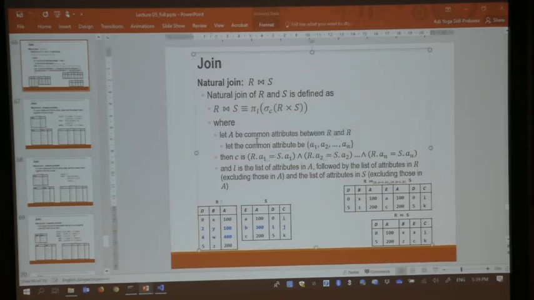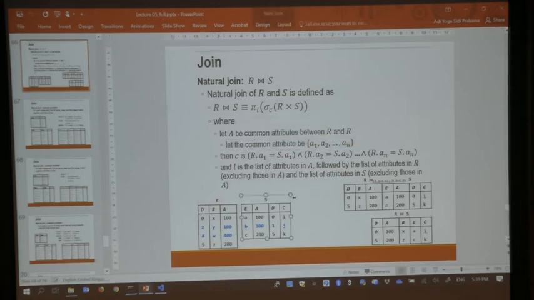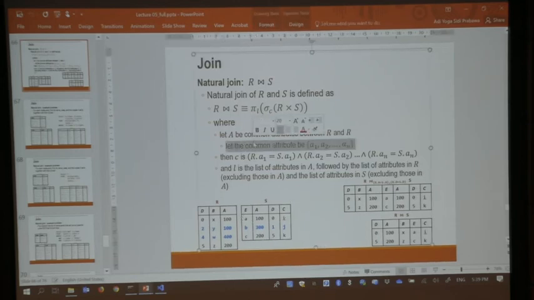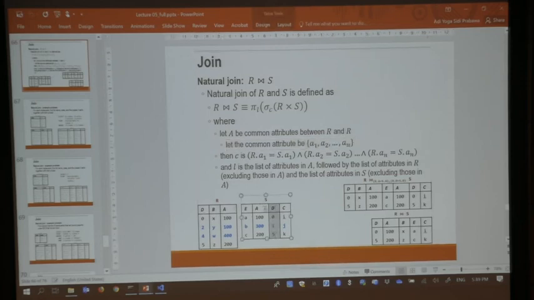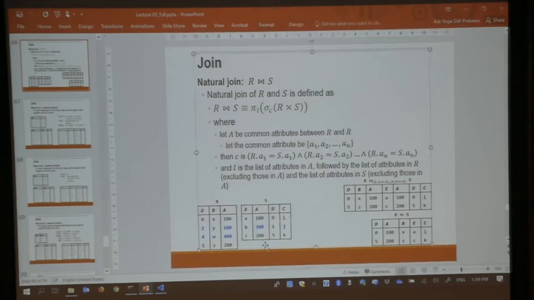So these are the common attributes. You get all the attributes from R, you get all the attributes from S, you do an intersection of them, and that's how you get the common attributes. The common attributes would be like D and E. A and A. So D over here must be equal to D over here, and A over here must be equal to A. But how would they know? Let's say, like in our previous example, this is called SID, but this is called student ID. No, then they won't know. They must be the exact same. Alright, okay. Thank you very much.